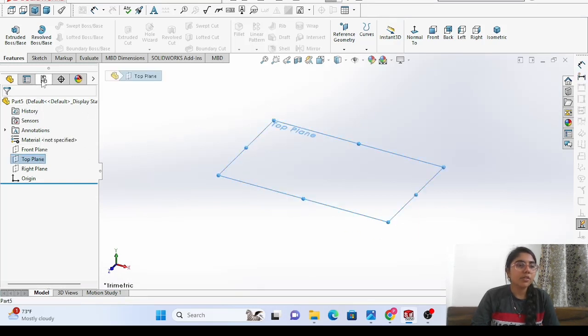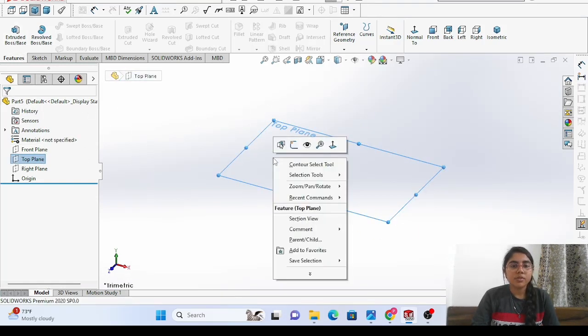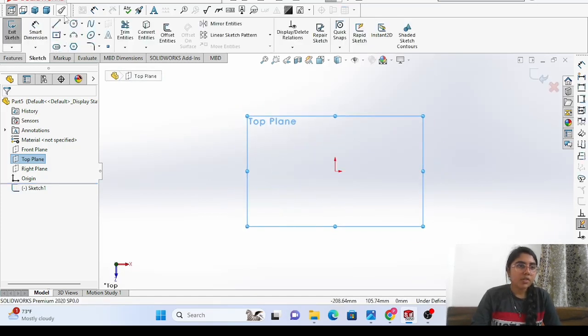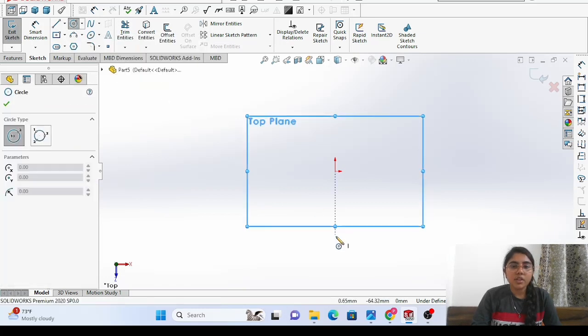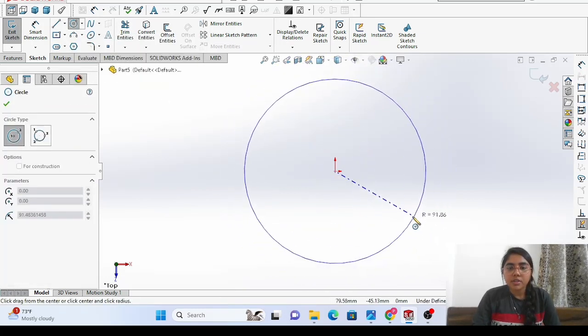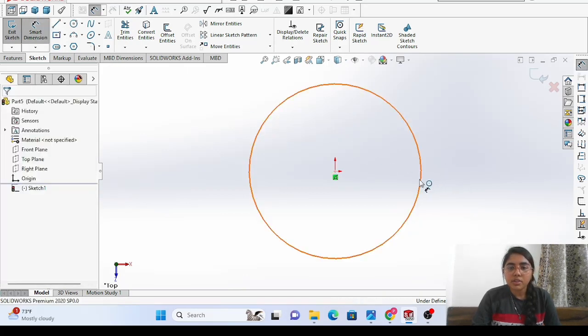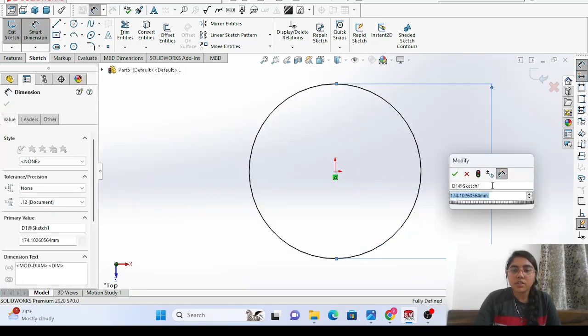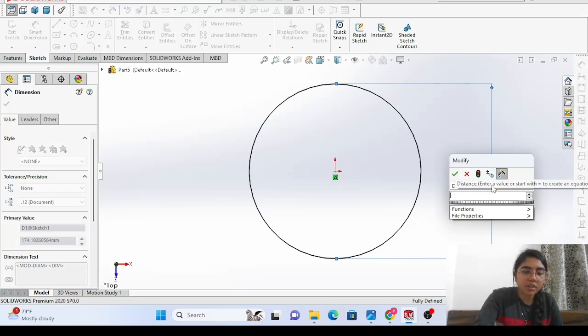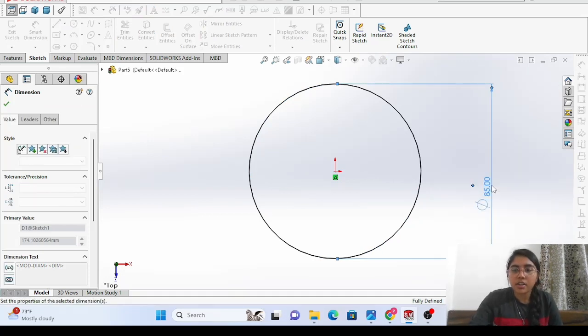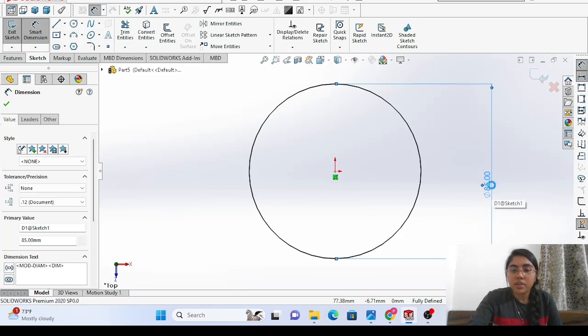Let's choose a top view, then sketch. So there, let's draw a circle of 85 millimeter. We are just creating the structure as per the dimensions I have shown in the figure. That piston diameter was 85, so that's why I am creating a circle of 85 diameter,